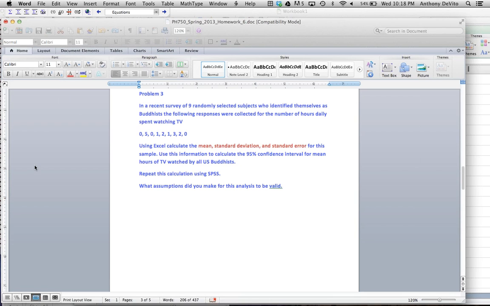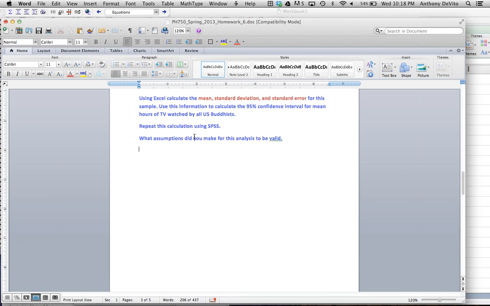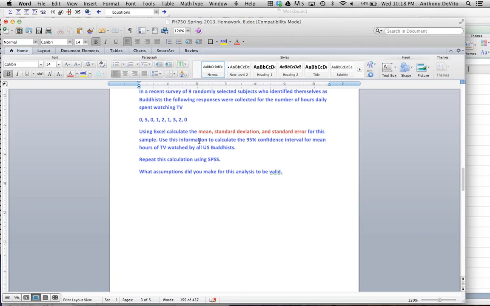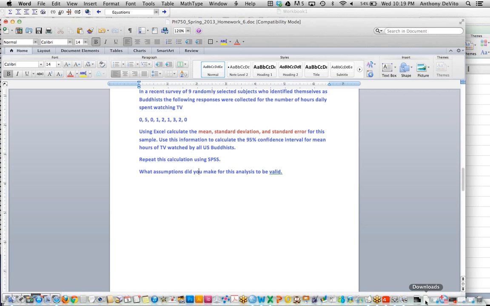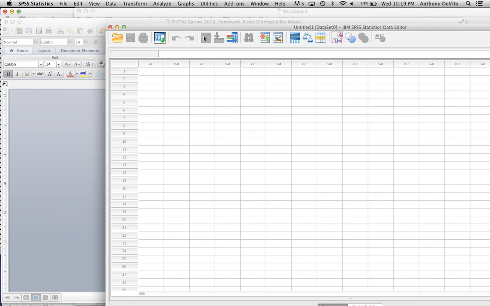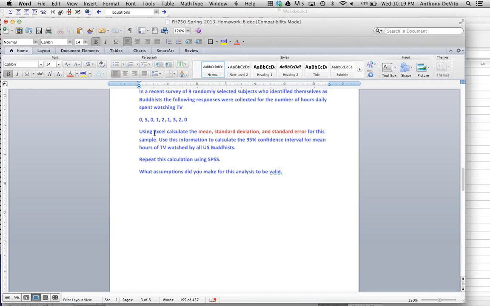these two numbers. Okay, so now I'm going to repeat this calculation using SPSS. Okay, and what we're going to do is we're going to actually take this and enter this data into SPSS again. Okay, so I'm going to open SPSS, and I actually have it open already. Okay, now imagine I just started SPSS,